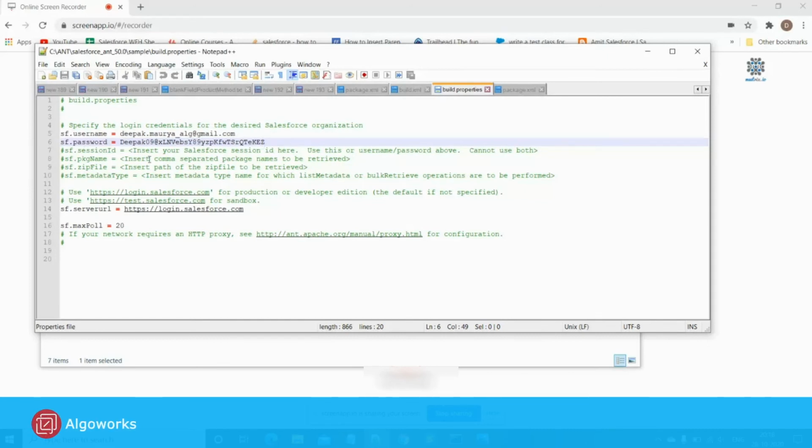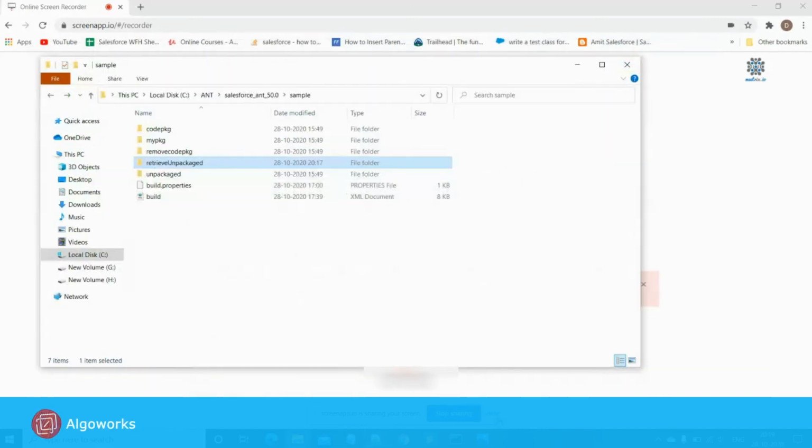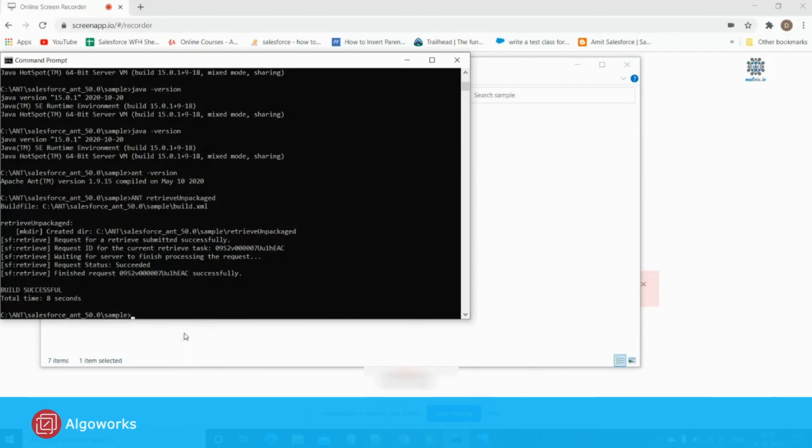But in my case, I have considered my org as the target org. So it is deployed again in my org. So you can see how deployment works. You can specify here the command in the command prompt, ant space deployUnpackaged, and then enter.